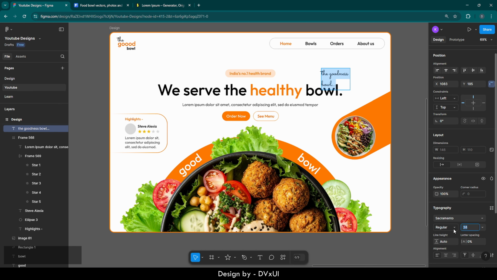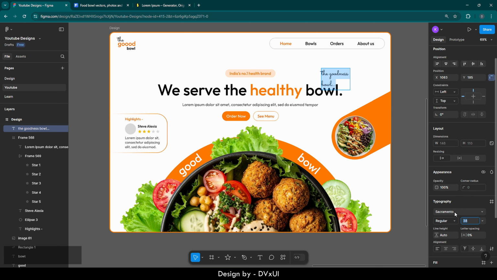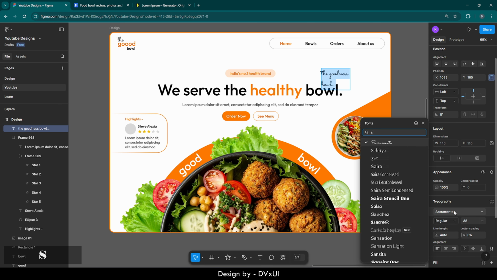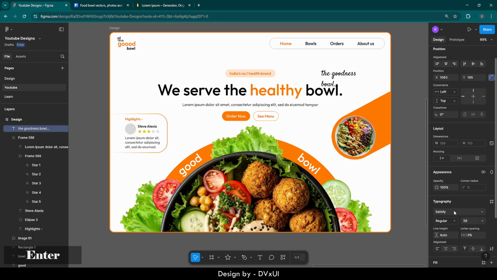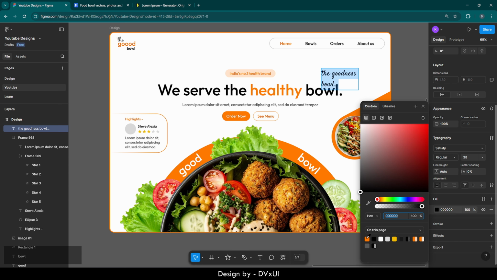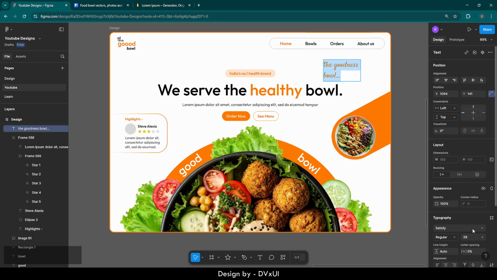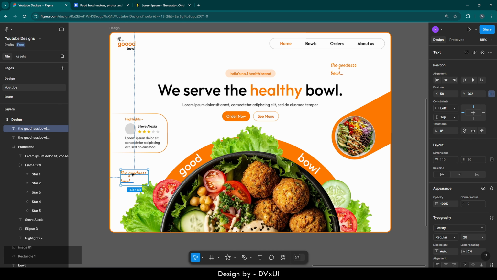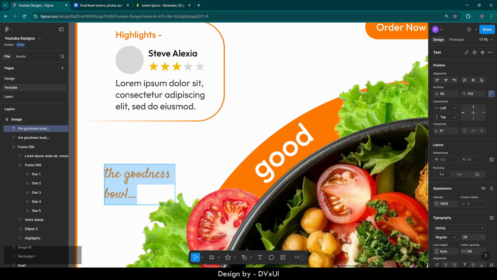Well, I think we are going wrong with the font family, so let me change from Sacramento to Satisfy. Yeah, Satisfy looks great. And also change the color to orange. So yeah, the combination looks quite great. Place it over here, select the text and go back to 28. This is good. Place it randomly. Now copy it, paste it over here, and here I'm going to write